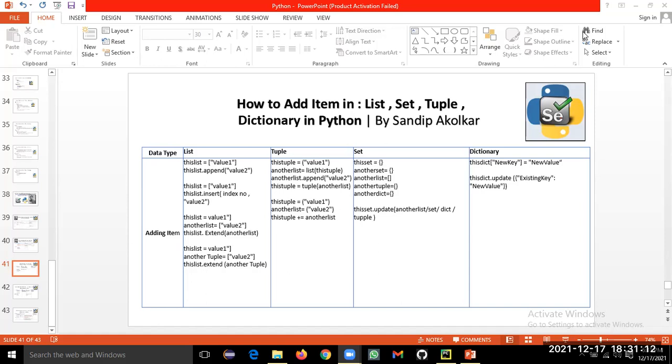As we are learning list, set, tuple, dictionary with collections in Python. In the earlier videos, we have learned the difference between these and how to access the items from the list, set, tuple and dictionary. When we learn these all together in terms of their features, like how to add items, instead of learning them individually, like everything in the list, accessing items, adding items, removing items, if we learn all those together, it is a very good technique to remember everything.